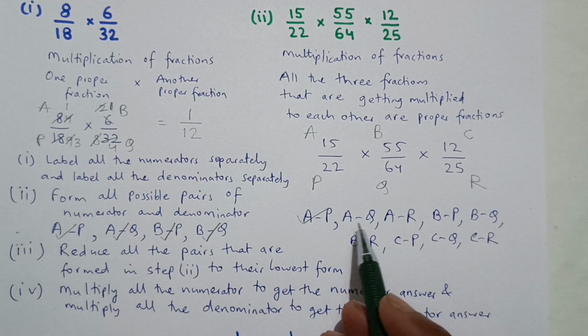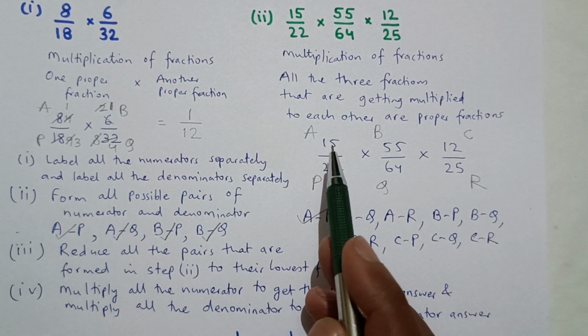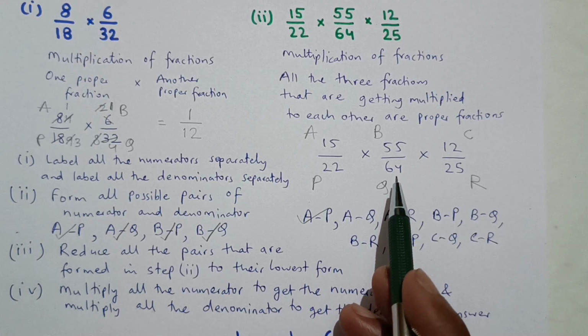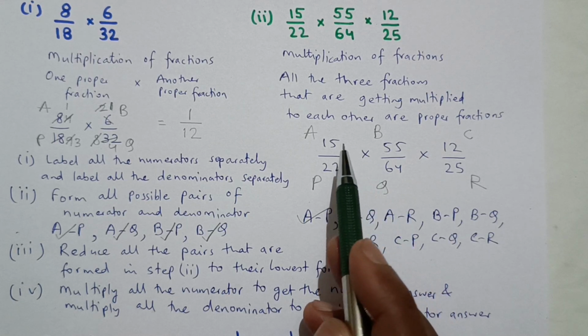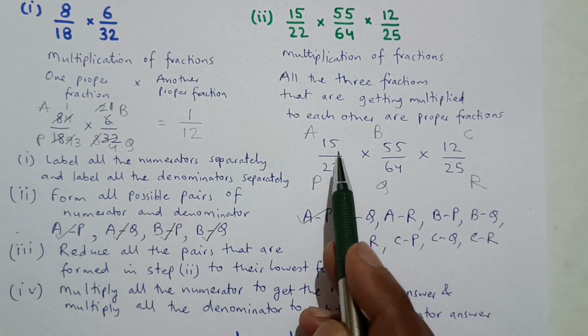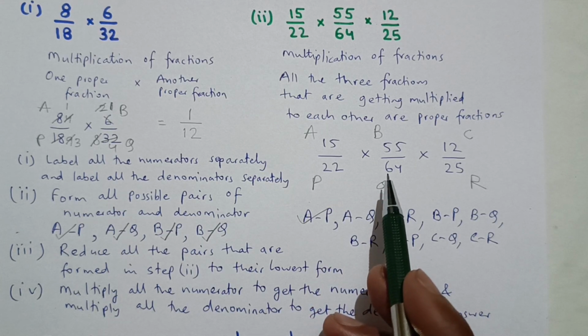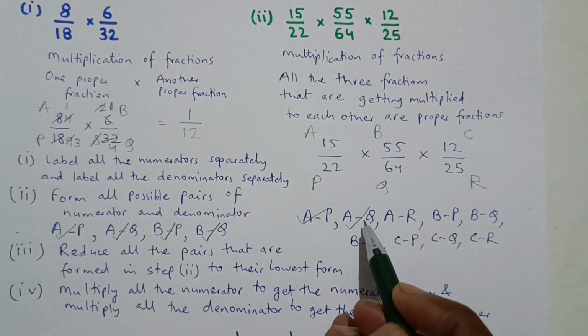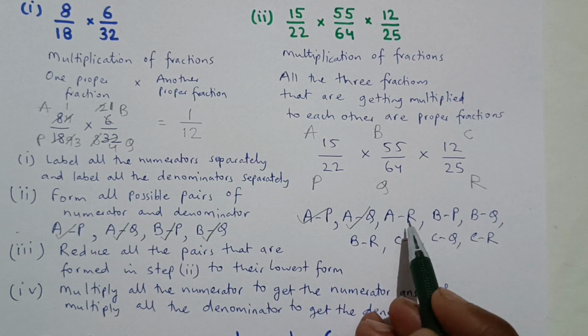The next pair is AQ, 15 by 64. Now 15 by 64 also you cannot reduce it any further. So 15 by 64 is already in its reduced form. We cannot reduce it any further. So AQ will be as it is. Then we have AR,